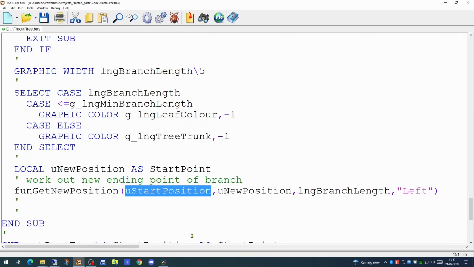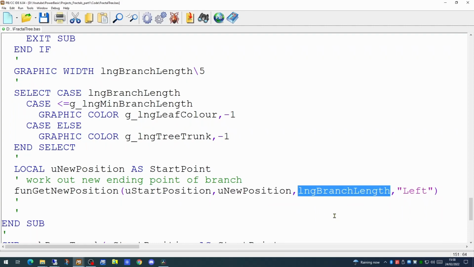So we will pass to a new function, getNewPosition, 4 parameters. The start position user-defined type, the new position user-defined type, the current branch length, and the direction we wish to go. These will have 2 values, one for left and one for right.